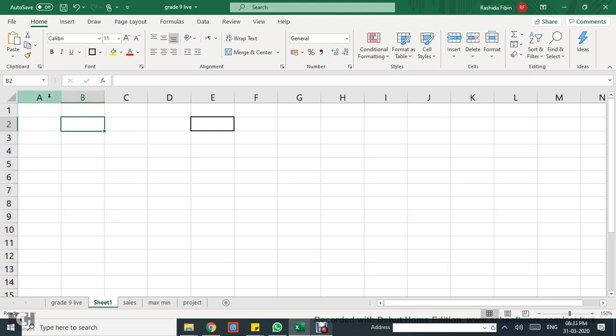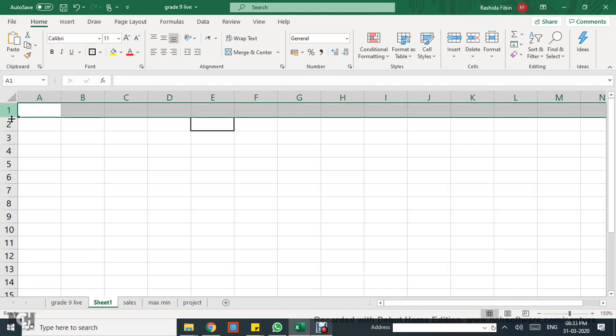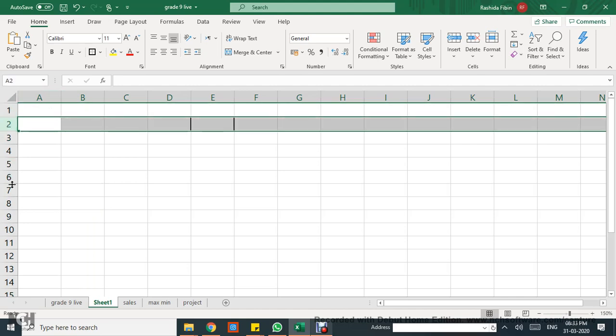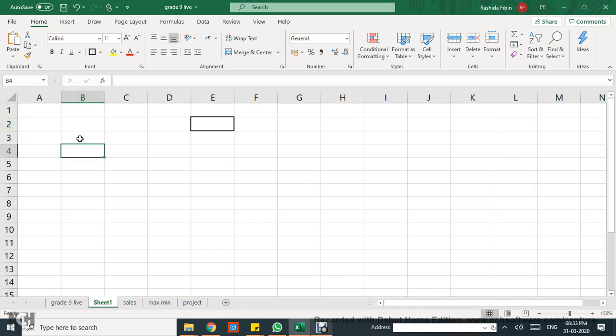So you all know the columns are named with letters and the rows are named with numbers, and the box where a column and a row meet is called a cell, and each cell will have a unique name with both the name of the row and the column. That is, this cell is B4. If I select any other cell, this cell is L8, and